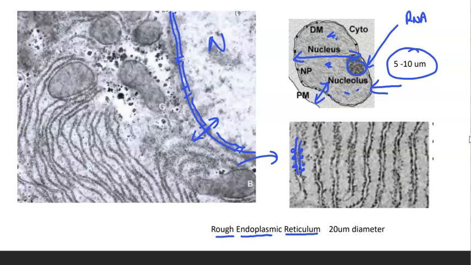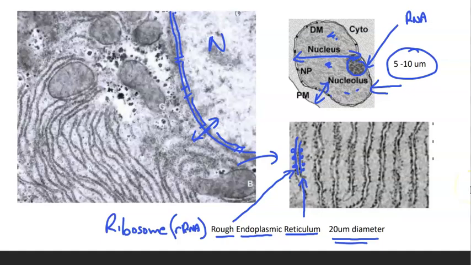So the endoplasmic reticulum is referring to the tubes, and the fact that it's rough refers to these granules which are on the outside. And of course you may know that the granules are actually structures called ribosomes. Now, ribosomes are actually a form of RNA, so it's a large molecule. So these molecules are stuck to the outside of these tubes. The tube's diameter is about 20